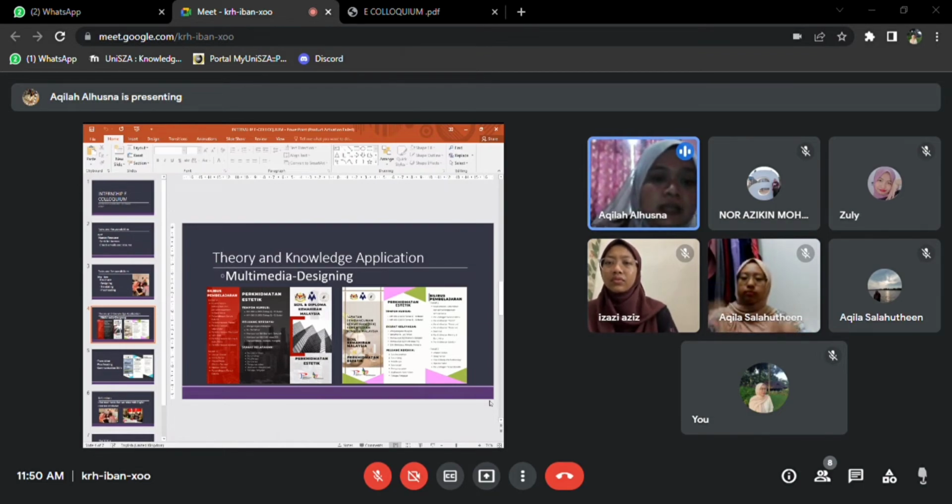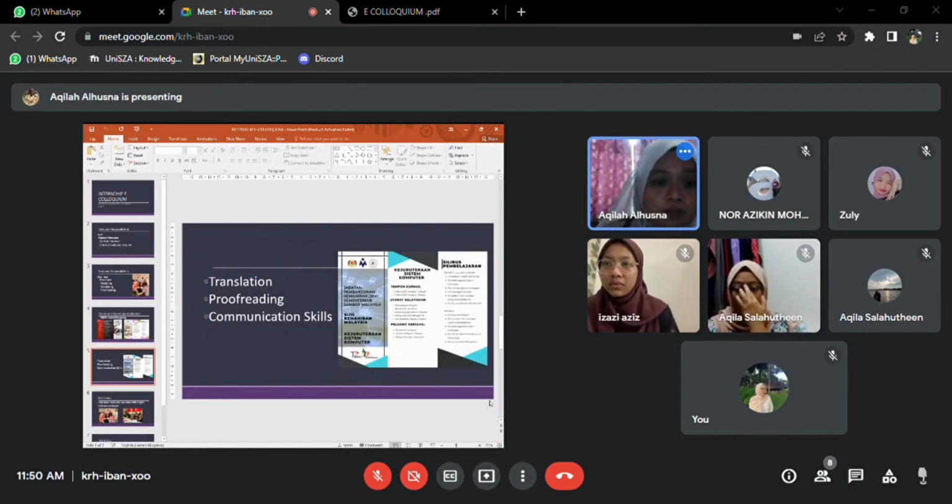So next, I also managed to use my translation skills to translate the brochure into English language and vice versa. I believe that the translation process is not extremely difficult. However, with the translation knowledge that we've learned during our sixth semester, it helped me a lot in making the translation better and faster. And I would say that the technique also helps me to make a more accurate translation.